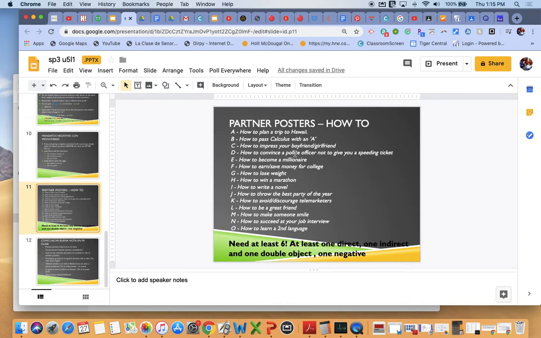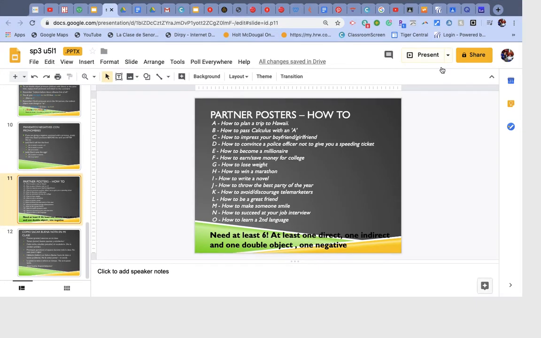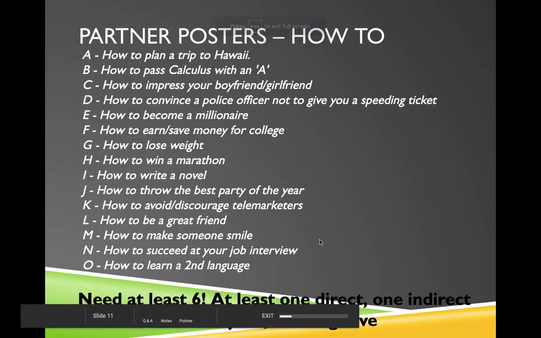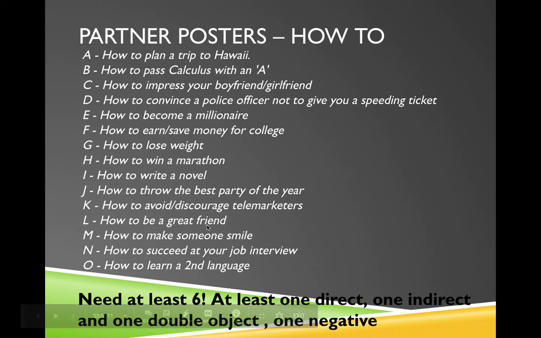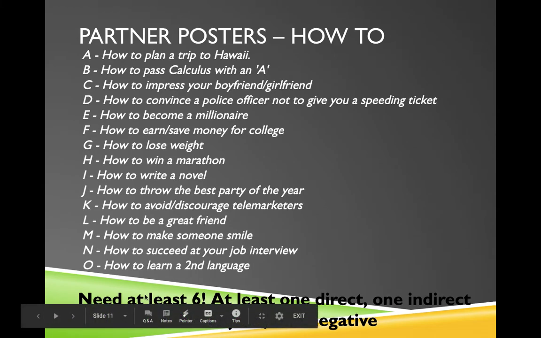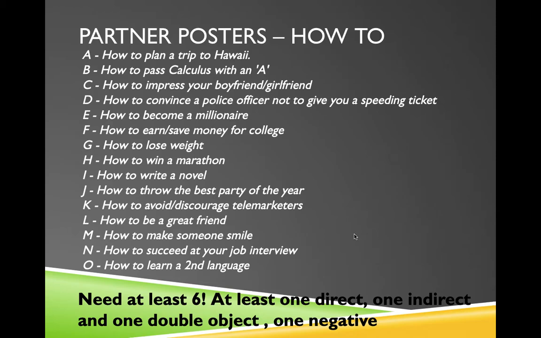What everyone did in the class was pick one how-to, and you guys picked K. So, how to avoid or discourage telemarketers. You need to come up with instructions or recommendations on how people should avoid telemarketers. You need at least 6 steps, but you're going to have to write more than one command, more than 6,